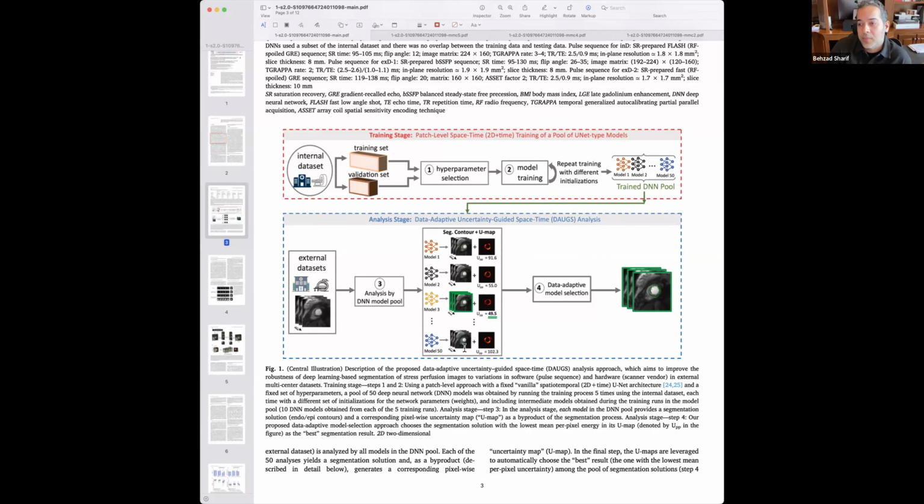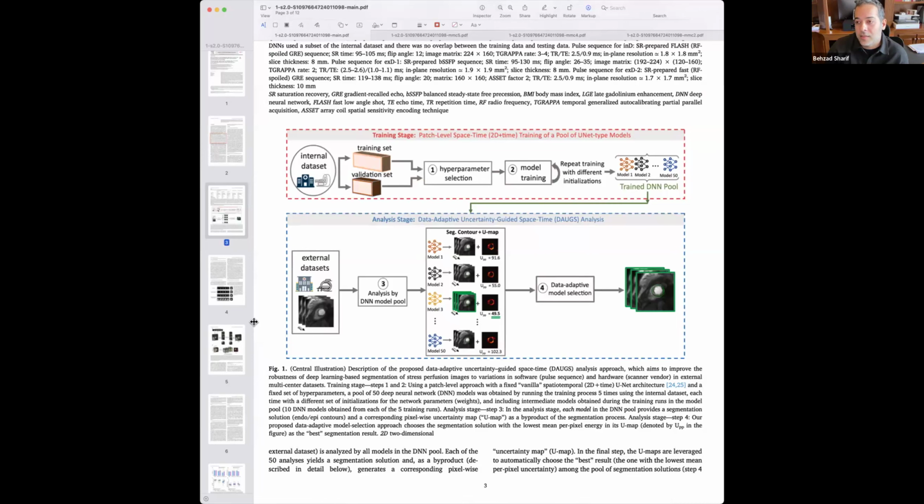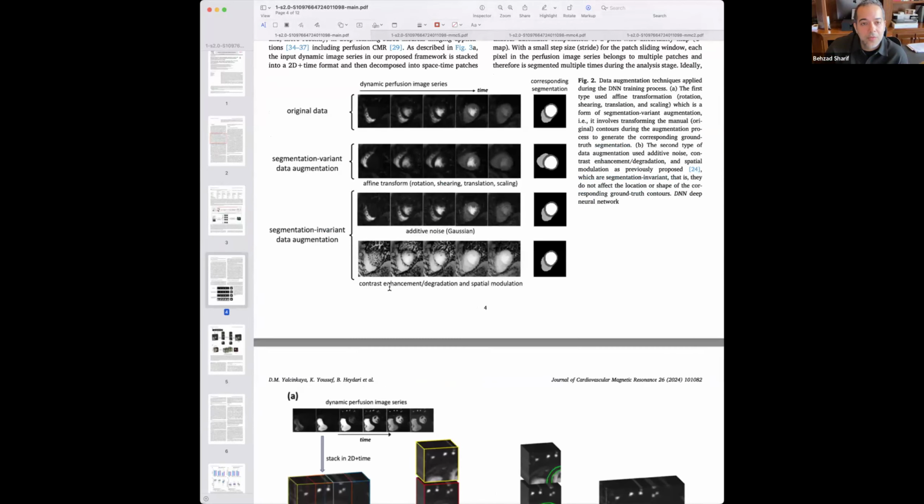In the final stage, we pick the solution of the model that had the lowest per pixel uncertainty. That's basically the best solution that the approach comes up with. So it's quite different in that the next patient scanned on the scanner and pushed into our analysis technique, it may be that model number 2 is the lowest uncertainty solution. So there's that context of data adaptive on-the-fly selection of the models, which is a deviation from the conventional approach.